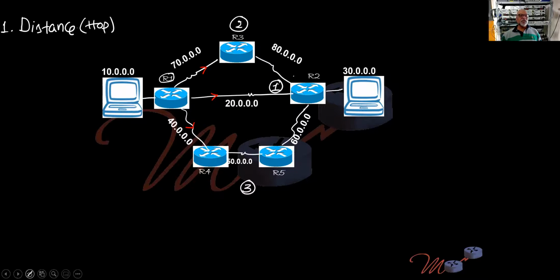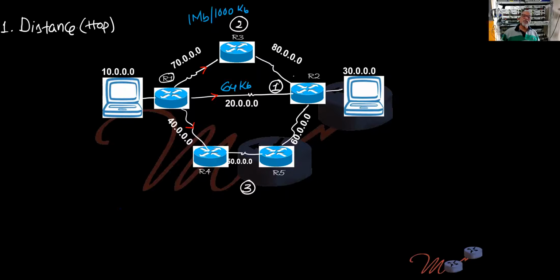But imagine this is a 64 kbps line. The bandwidth of this one hop path is 64 kbps. The 2 hop path is 1 Mbps, that is 1024 kbps.